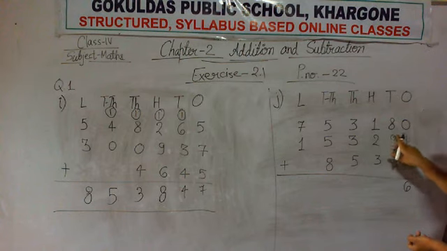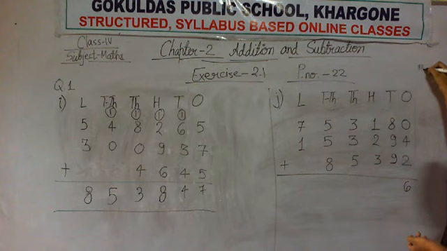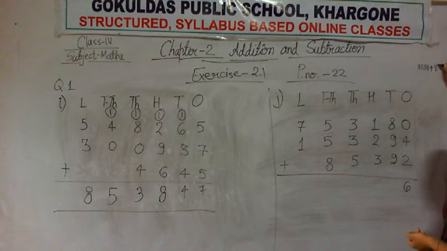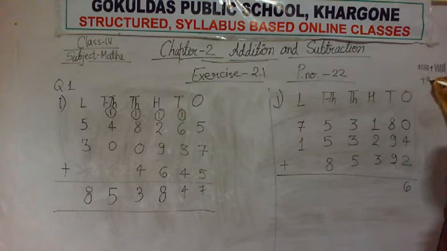Now next column, that is tens column, you see that 3 digits are there, 8, 9 and 9. So add them. First digit is 8, so draw 8 sticks. 1, 2, 3, 4, 5, 6, 7, 8. Plus next number is 9. So draw 9 sticks. Plus next number is 9. So again draw 9 sticks.